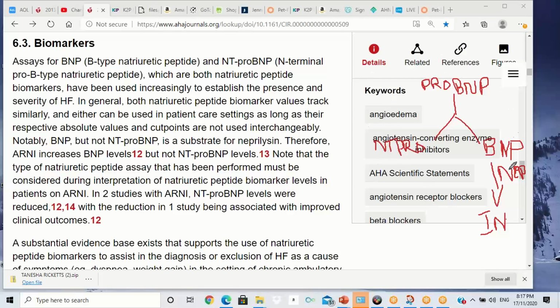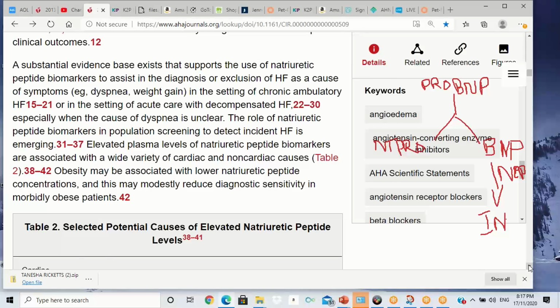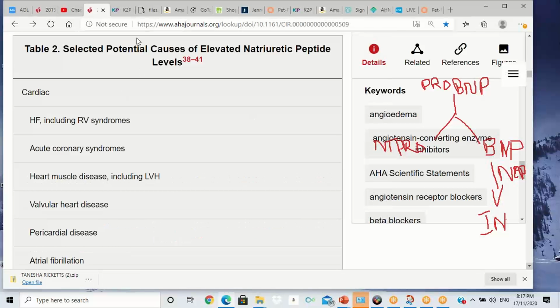This is now one of our mainstays in the treatment of heart failure. There are other things that can cause an elevated BNP, but before we get there,